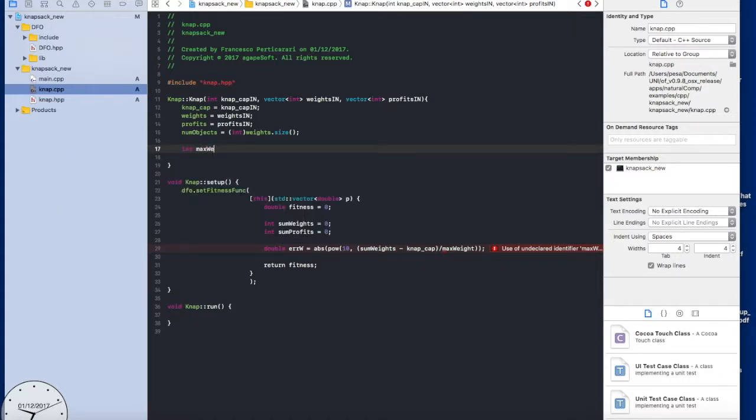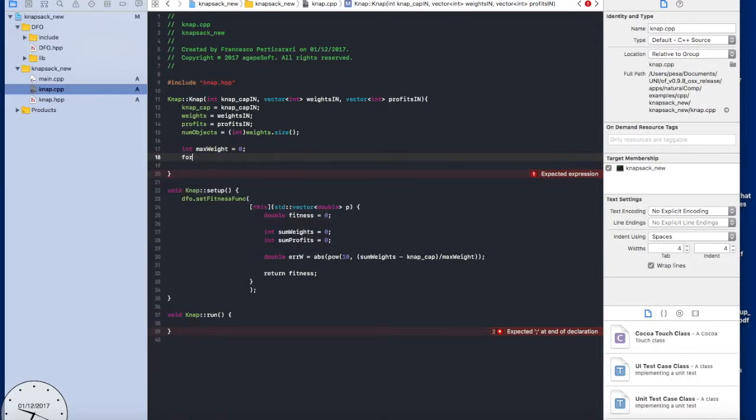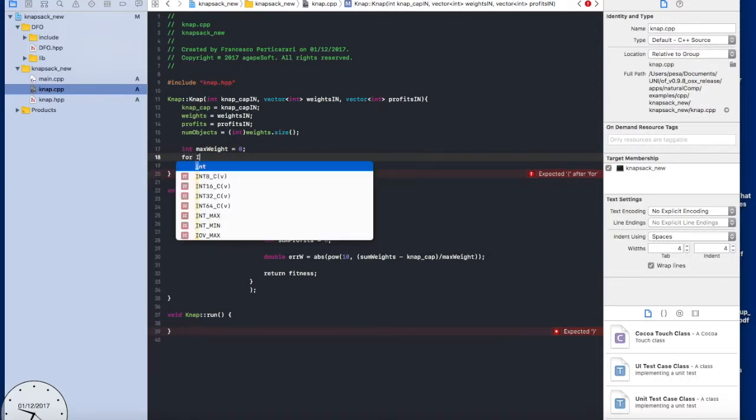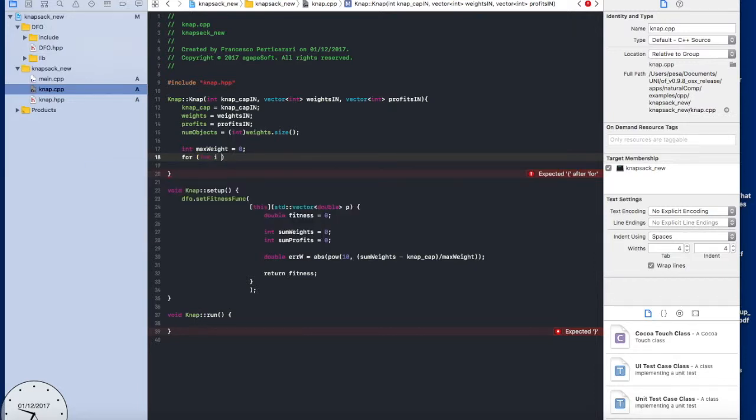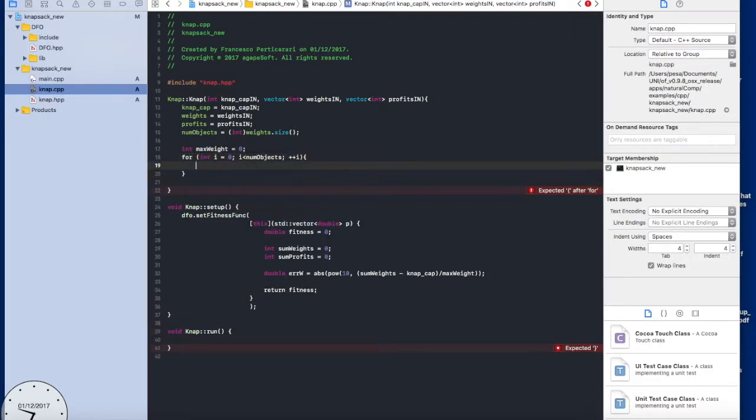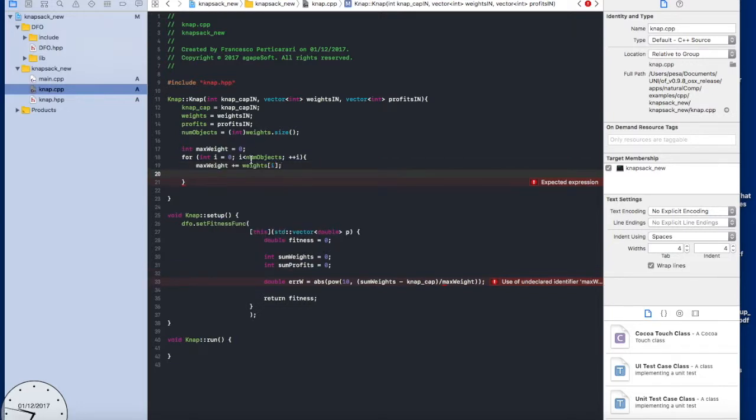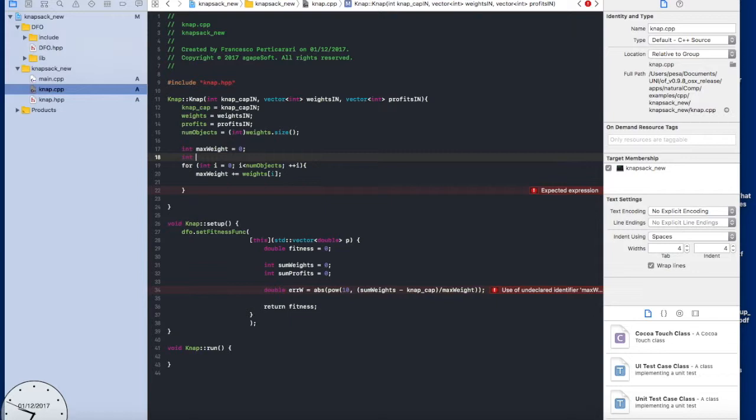I'm going to call it max weight, and max weight is basically this: for int i equals 0, i less than num objects, plus plus i, max weight plus equals weights[i]. And equally I want a max profit,